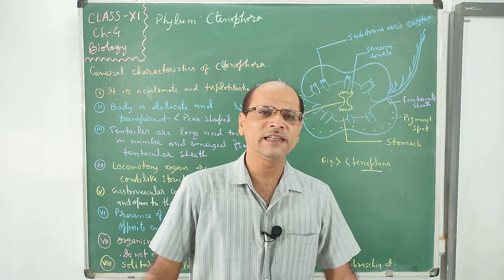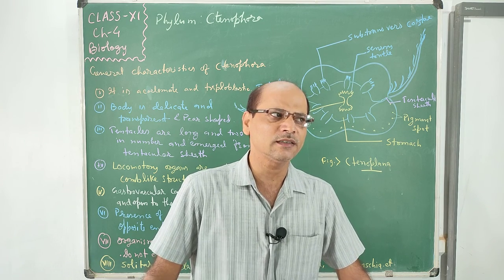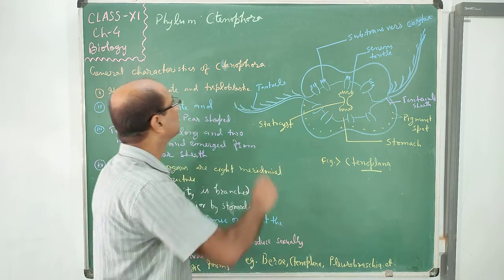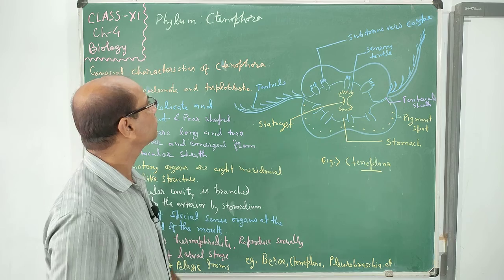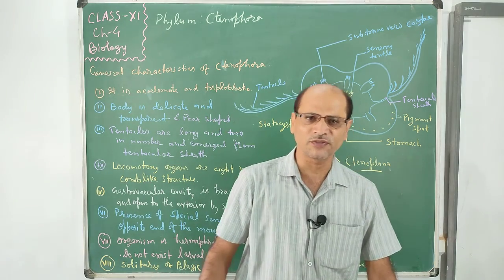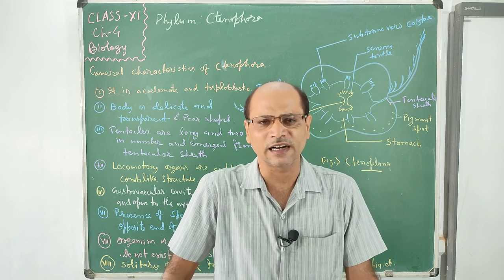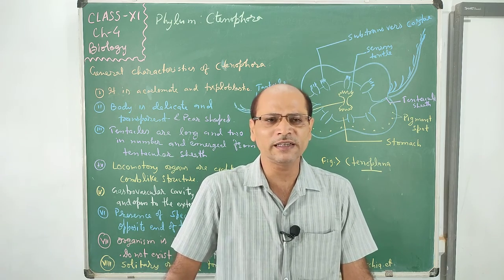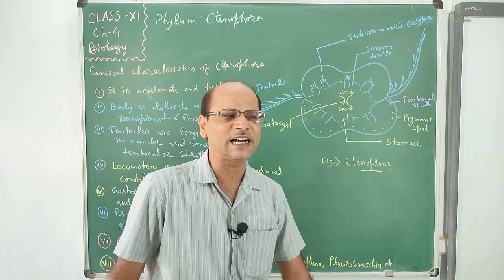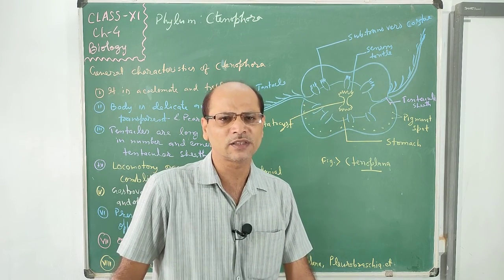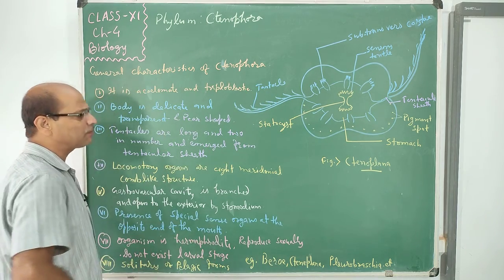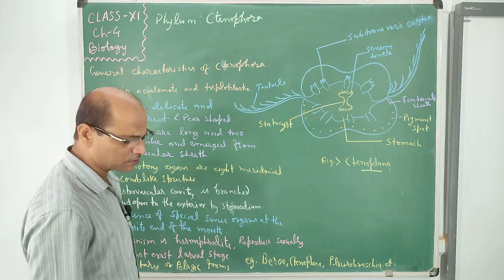Regarding this, we discussed the chapter, the characteristics of phylum Ctenophora. This is the third phylum. Before that, we discussed Porifera and Coelenterata. In Porifera, we discussed the pore-bearing animal, and in Coelenterata, the cylinder-like animal. So their characteristics. Now Ctenophora, the next phylum, has some characteristics that are not common to you.